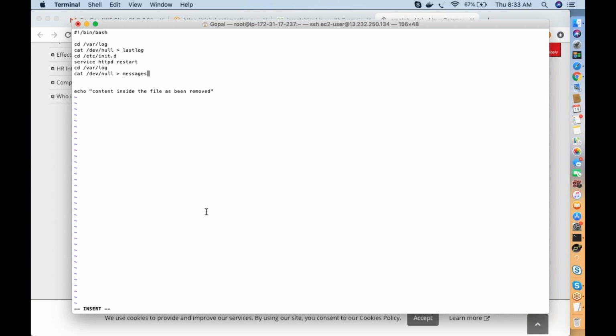You may wonder why I go into /var/log again and execute the second command, but the same command can be put here too. I just want to show you an example. Now you have a scenario where you are using some values again and again.